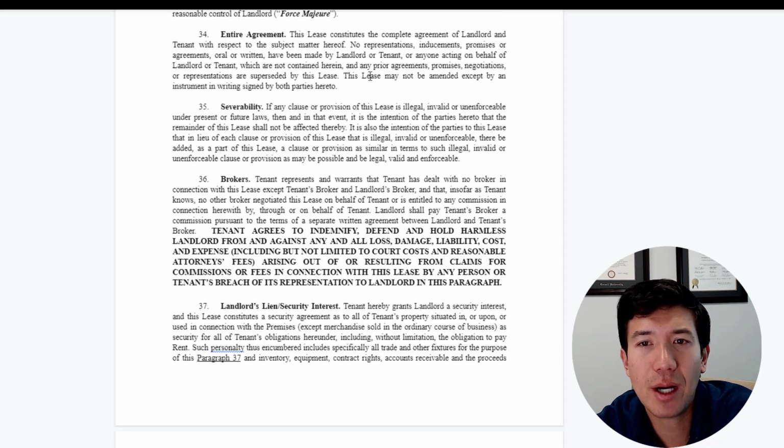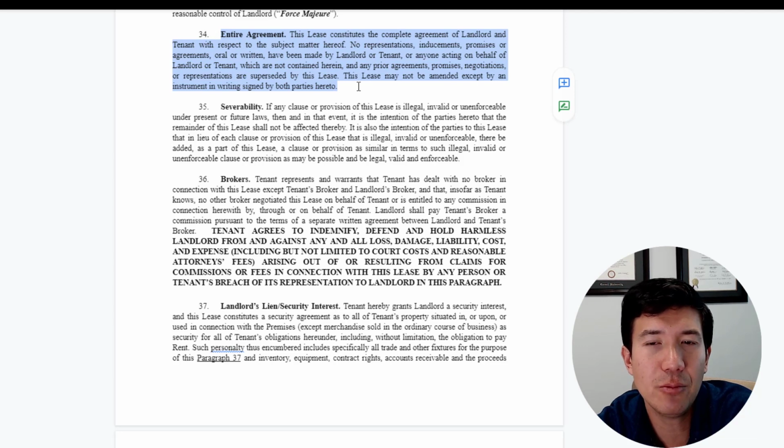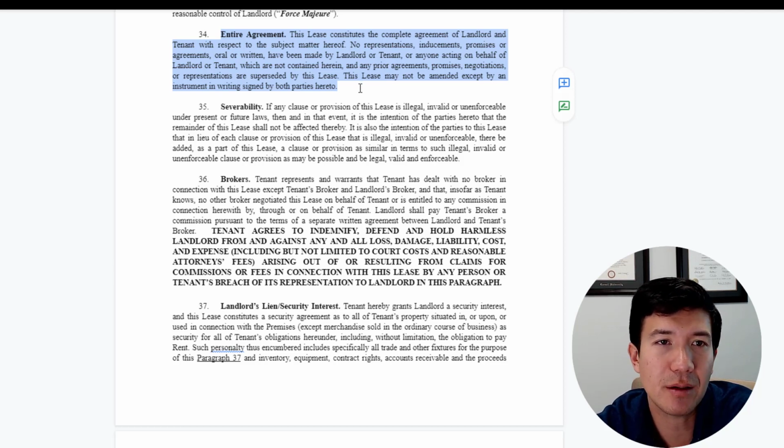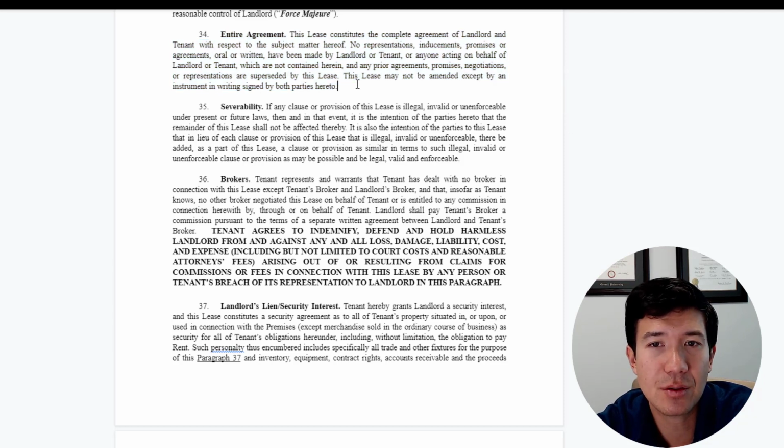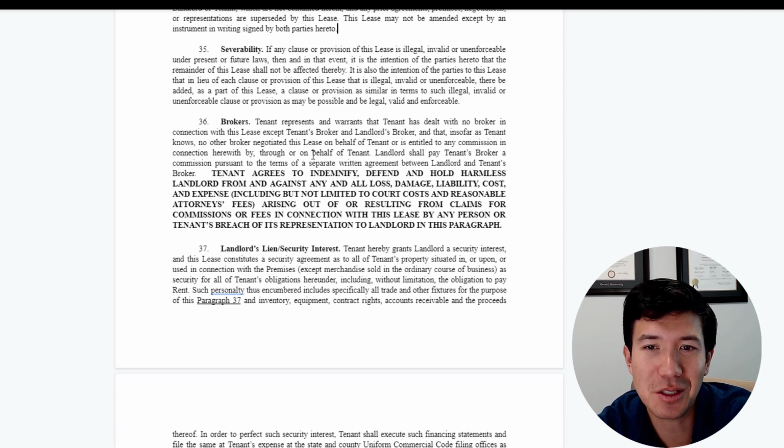Entire agreement, no outside evidence. This one's pretty important. I think a lot of people kind of gloss over this, but any representations, even if it's in writing, you could have an email from the broker or an email from the landlord that says, oh yeah, we will also give you reserved parking at no extra cost. It's not going to be enforceable. Even if it's in writing, this lease supersedes any other representations, and you are SOL no matter what somebody says outside of this lease agreement. No reserved parking, that sort of thing. You lose. Go straight to jail.